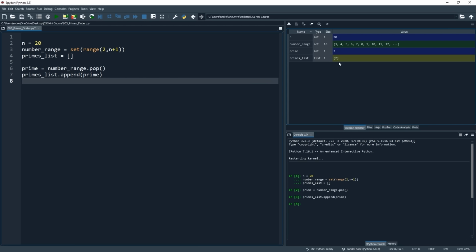Alright, so now we have done that, we're going to do a special trick to check the remaining integers in our number range object for non-primes, or essentially numbers which we now know are not primes. For the prime number that we just checked, in the first case this was the number 2, we want to generate all the multiples of that number up to our upper bound, which remember here we specified to be 20.